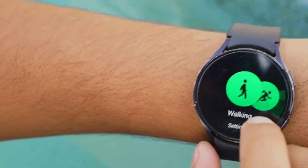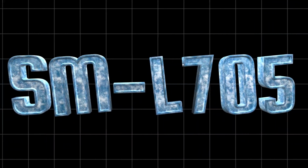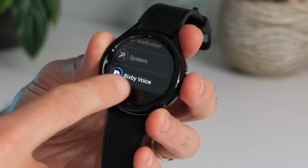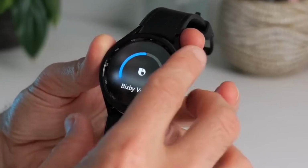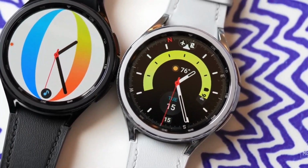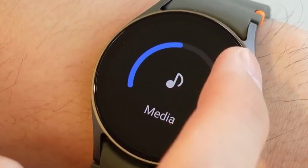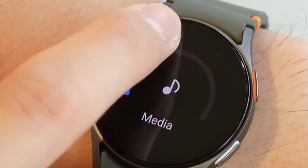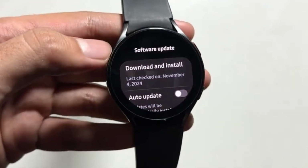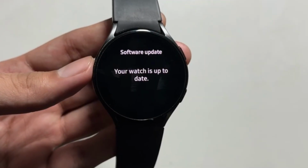The first Ultra showed up at the FCC under model number SM-L705. Samsung Galaxy Watches will receive a huge makeover with the debut of One UI 8 Watch, which we may see as soon as June or July, and which looks poised to incorporate Google Gemini, a Shortcuts app, and Samsung's Now Bar. Following claims that Samsung may forgo One UI 7 Watch in favor of One UI 8 Watch,